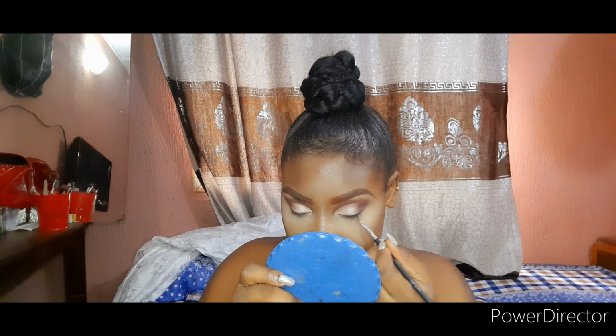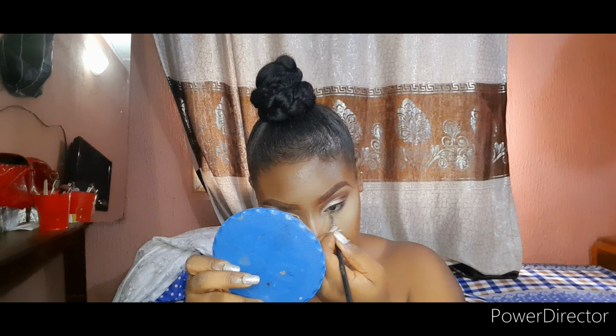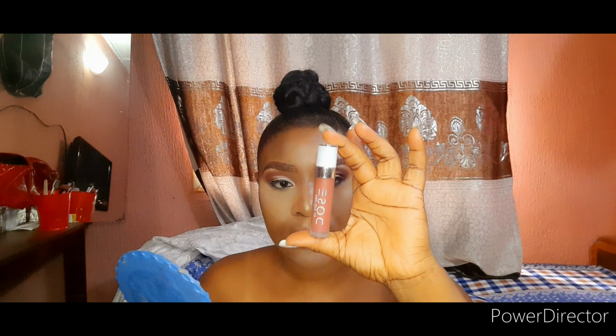The next is my eye pencil to finish up my eye look. Of course, you want your bride to look snatched, so please just finish everything. So I'm going in with that black gel liner. And of course, next I'll be going with my lashes. Now I already applied the glue on my lashes, and I wait for it to just dry a little bit before applying it. And next I'll be going in with this eyeshadow,